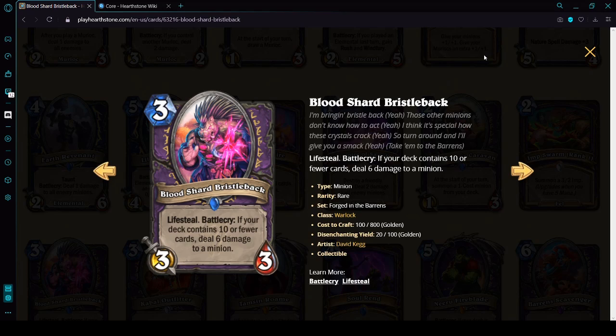And the payoff is really huge. It's a Fireball with lifesteal, which is really nice. But I think I'm overhyping this card, so I'm saying, whoa, it's really nice. It's really nice. Like, getting to 10 cards or fewer, like, how fast are you planning to do that? This is a really weird...